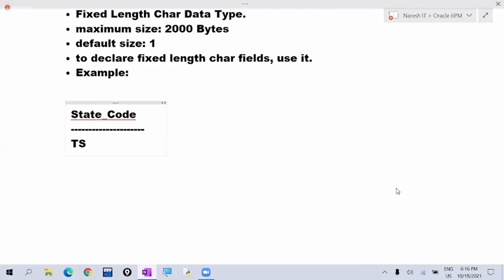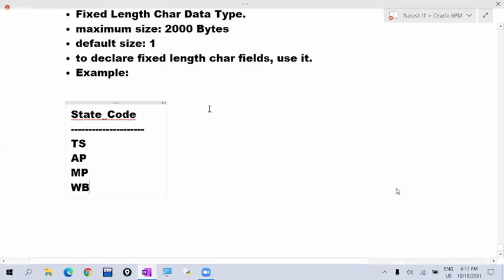If the state is Andhra Pradesh, I want to hold AP. If the state is Madhya Pradesh, I want to hold MP. If the state is West Bengal, I want to hold WB. So this is the state code we are giving. In every state code, how many characters are there? 2 characters. Is it fixed length or variable length? This is fixed length. Now you can go for CHAR data type.